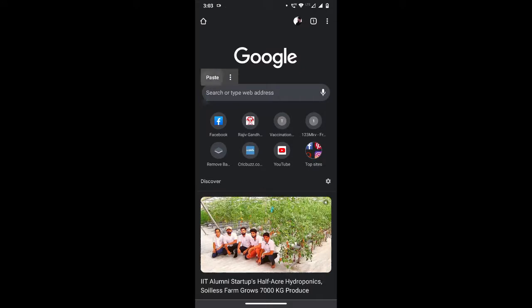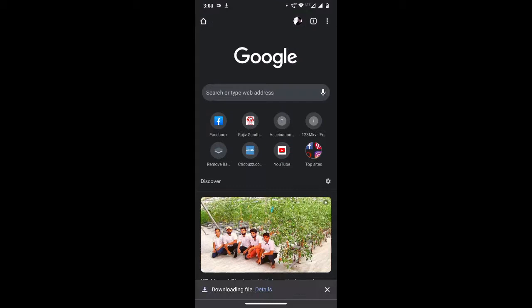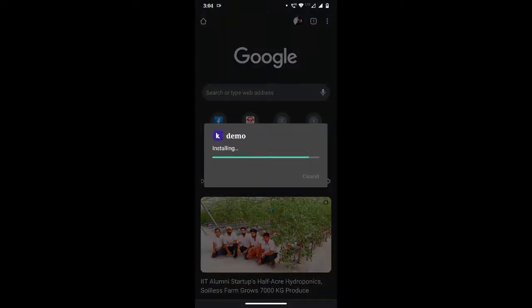Pasting it, it will download the application. Downloading file. Click on open. It will start installing. Open the app. So look, it is looking somewhat like this.